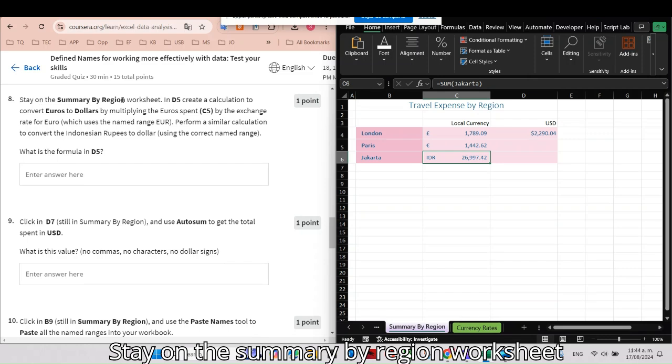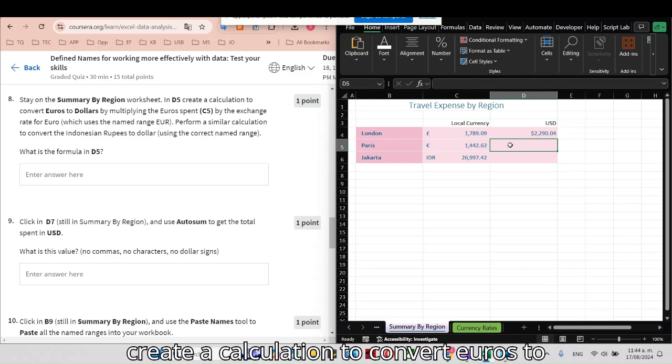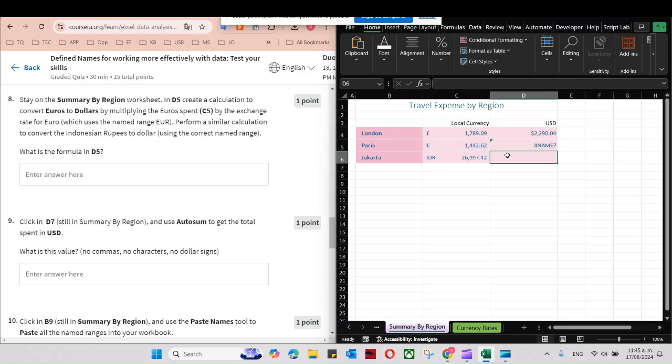Stay on the summary by region worksheet in D6. Create a calculation to convert euros to dollars by multiplying the euros by the exchange rate for euro. Okay, I'm going to type equals C5 times euro.